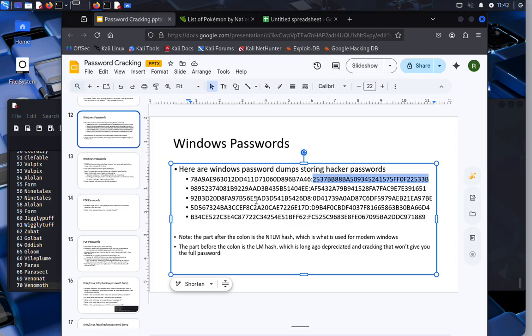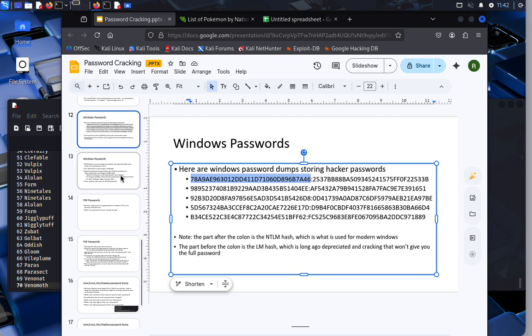It might have been disabled by default though. Anyway, LM is super old, and these hashes are not actually useful. The second hashes are the only ones that matter, and they are the ones that actually have what the person typed in. This LM, I'll show you in a minute, it doesn't even help you, honestly,